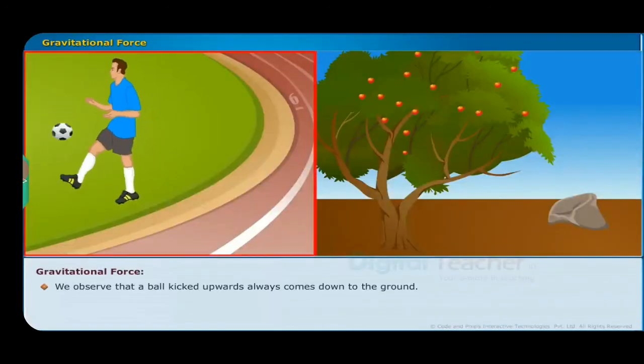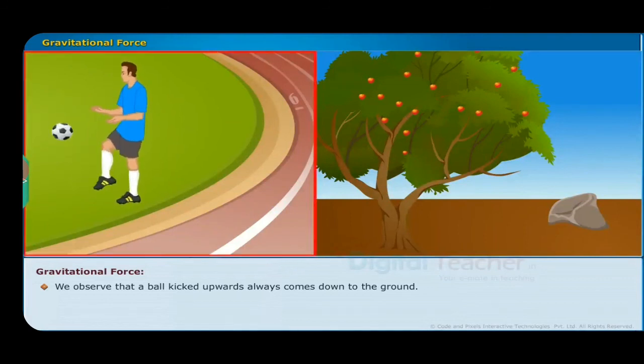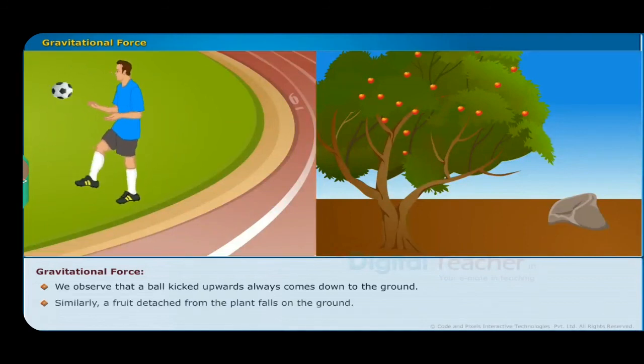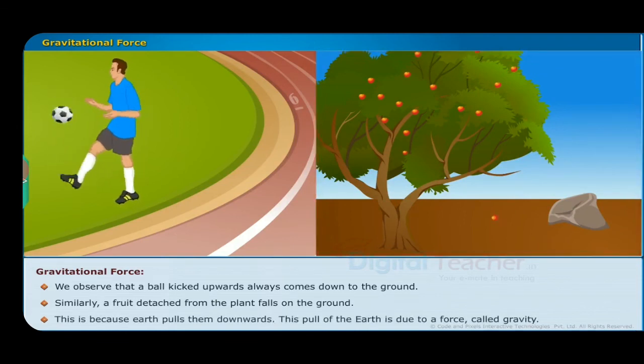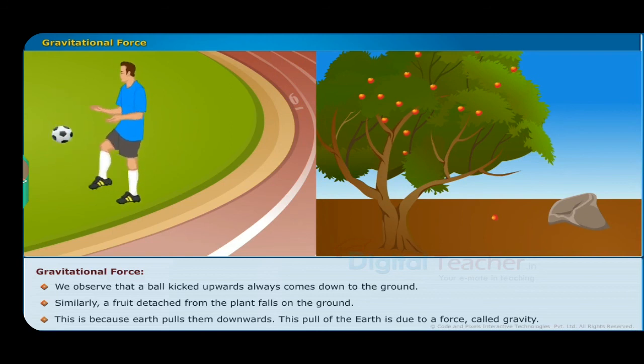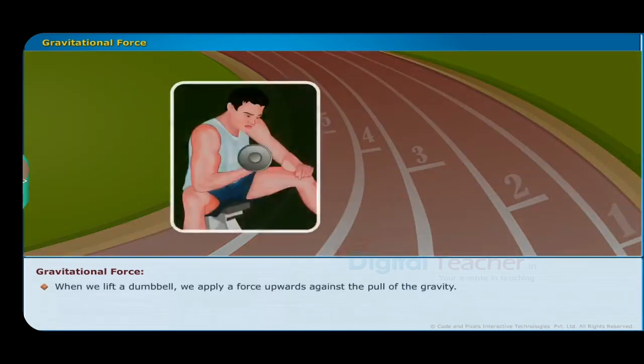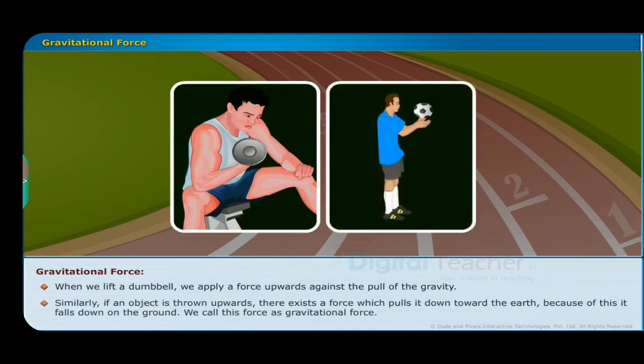We observe that a ball kicked upwards always comes down to the ground. Similarly, a fruit detached from the plant falls on the ground. This is because the earth pulls them downwards. This pull of the earth is due to a force called gravity. When we lift a dumbbell, we apply a force upwards against the pull of gravity. Similarly, if an object is thrown